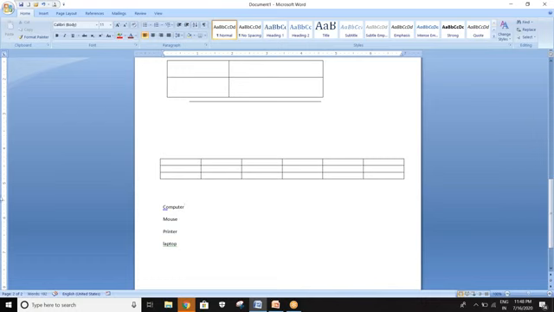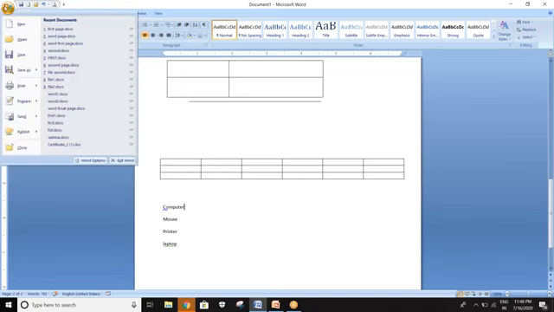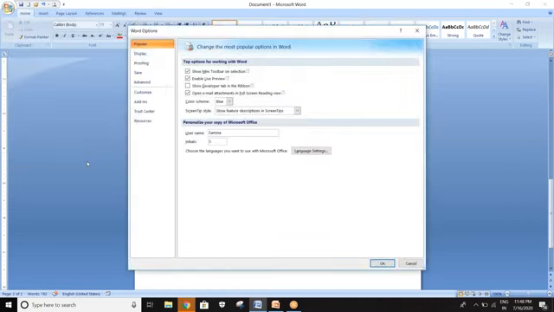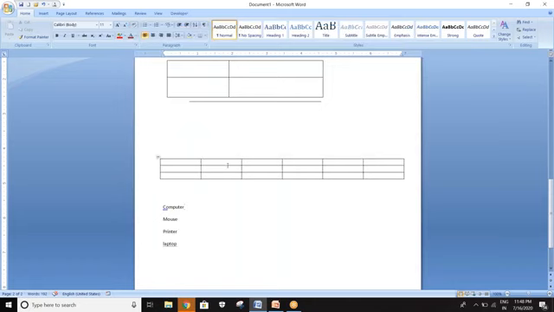First you have to click on the MS Word Office button, and just below it, the Word Options. It will give you a pop-up window. In that pop-up window, select Show Developer tab in the ribbon and then click OK.